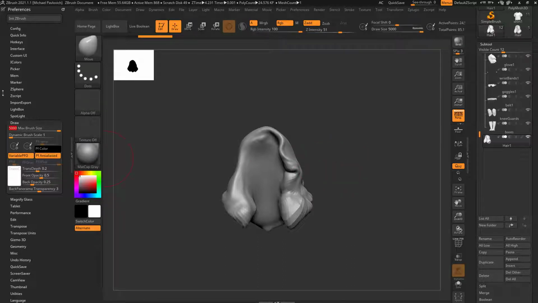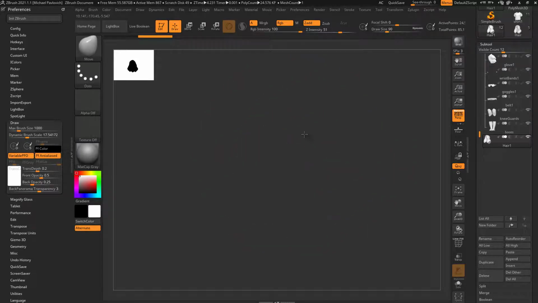You can also, if we turn this back down to 1,000, you can change your dynamic brush scale. So you can go through here and you can set this to like 5, and now your draw size will go from 1 to 1,000, and you're able to cap out at this size. And of course, if you keep cranking this up, you'll be able to get bigger and bigger just as a multiplier. However, ideally,